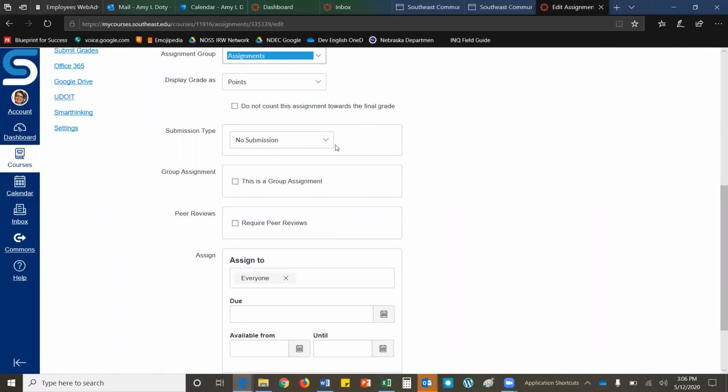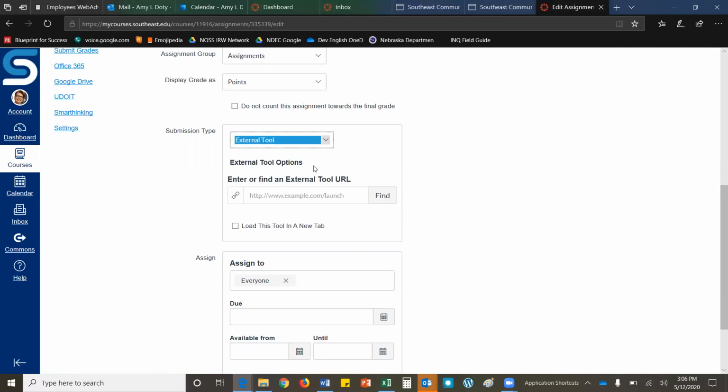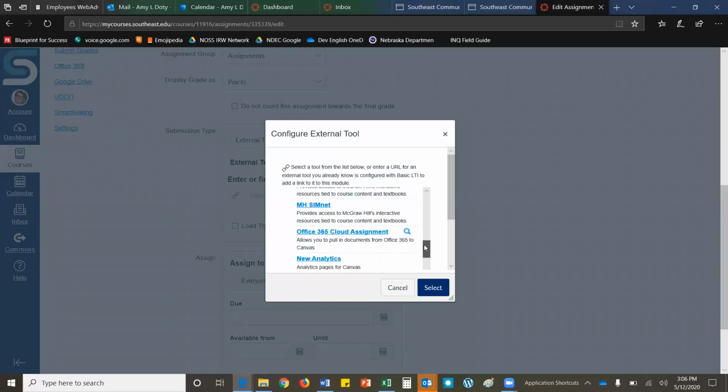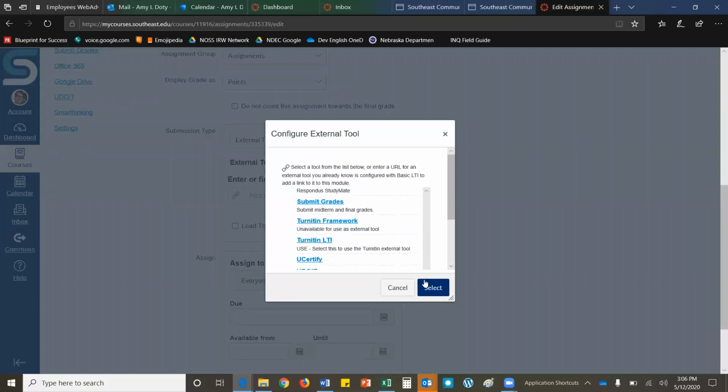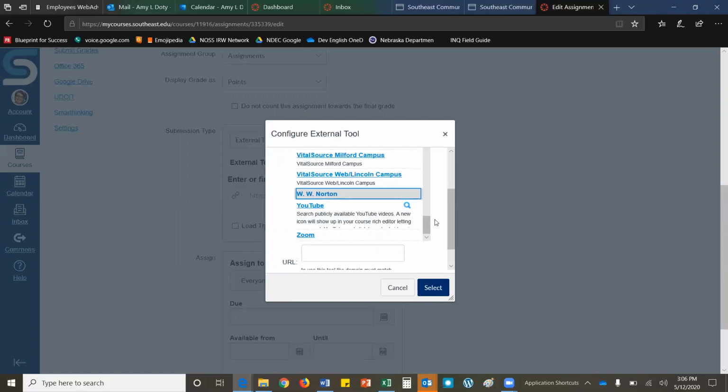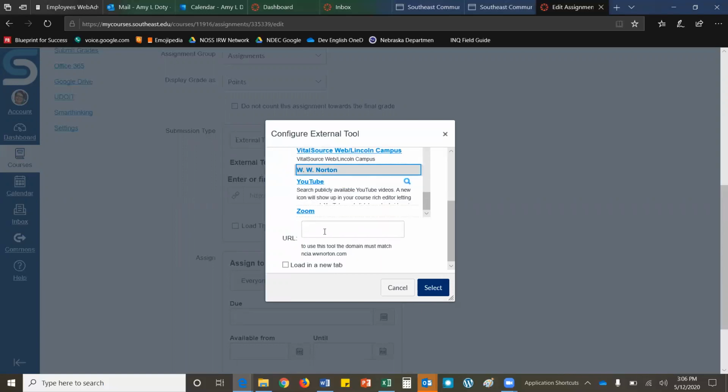Go to submission type, choose the drop-down arrow, choose external tool. The find box will open up. So we want to go in here, and this is just like if you were embedding a Zoom meeting or using Turnitin or any other LTI plugins you're familiar with. This is an alphabetical list, and we are looking for W.W. Norton. So I see it here. I'm going to click on that. It looks like nothing happens, but actually if you scroll down a little bit, you'll see a URL box has